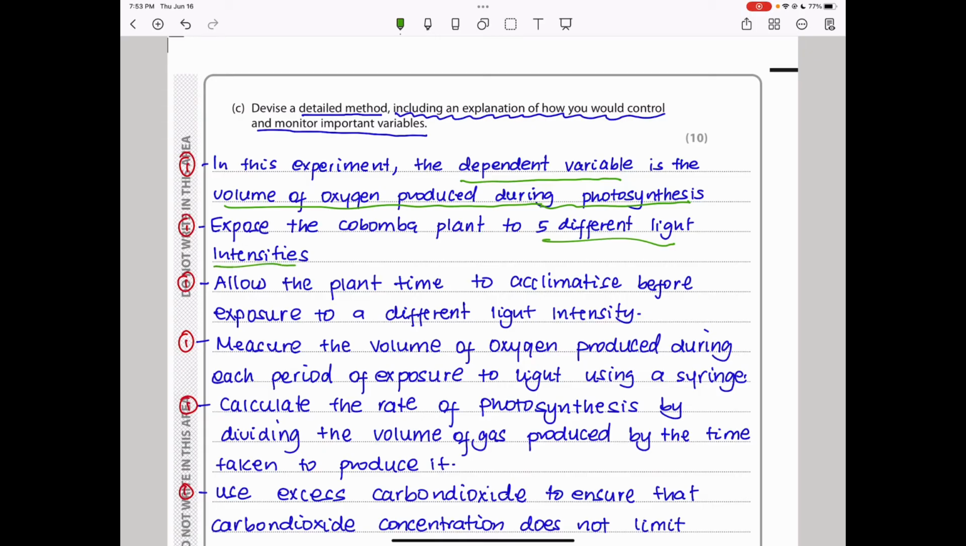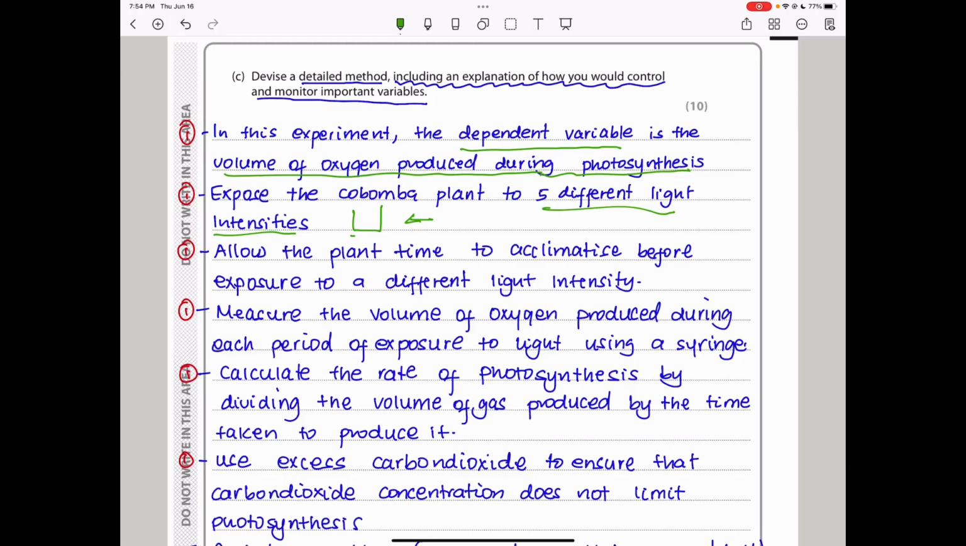Here it depends on what you're working with. I can vary light intensity by positioning the source of light at different distances from where the experiment is being carried out, and I can carry out that experiment in the dark to ensure that the only light the experiment is exposed to is the light from the experimental lamp. So you allow the plant time to acclimatize. Again, before you change from one light intensity to the next, allow the plant to acclimatize before you expose it to